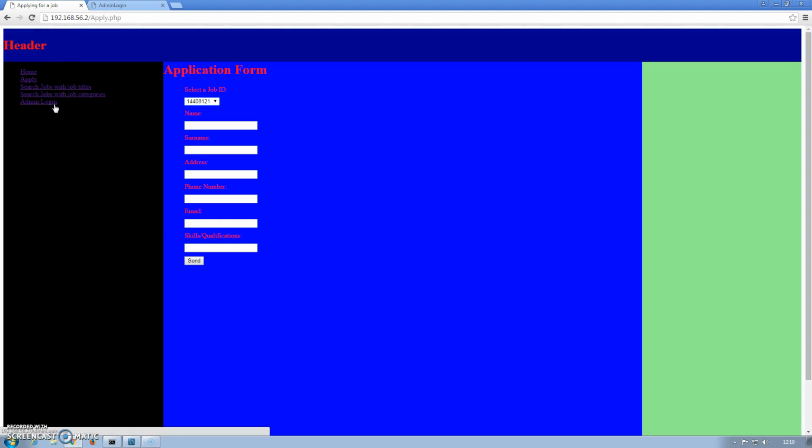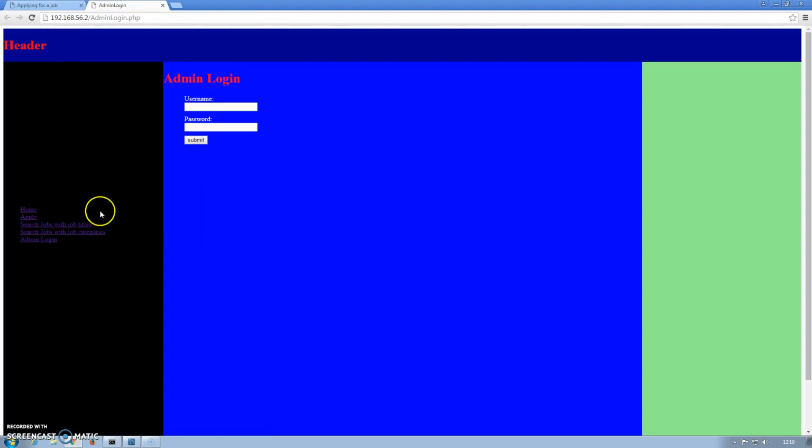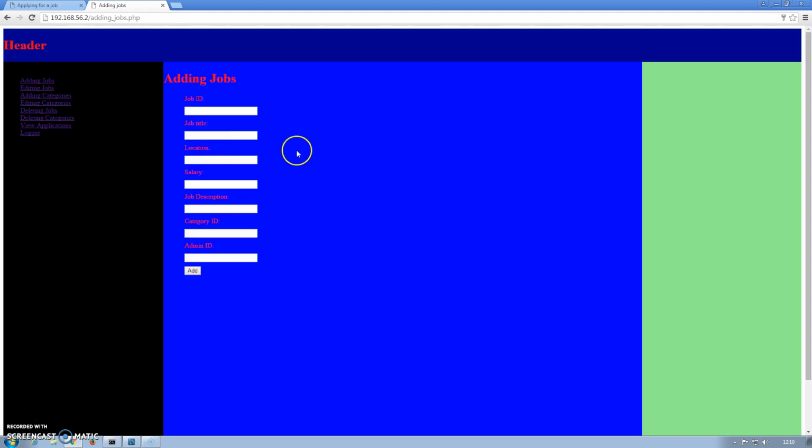And to go into that administration area, you would have to log in. So in this case, if I put in the login details and submit it, it would take you to a whole different page, which is not viewed by the public eye. It's only for admins in the company to access this page, where there are all functionalities to handle the website and jobs and categories. Here there's adding jobs, and in order to add a new job, all you have to do